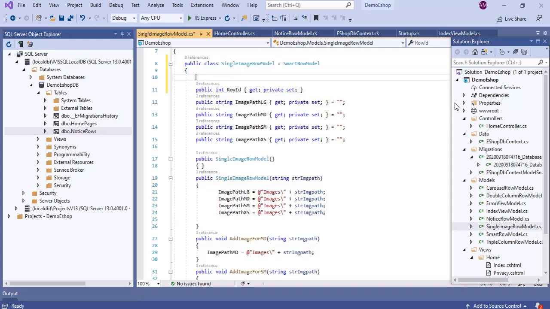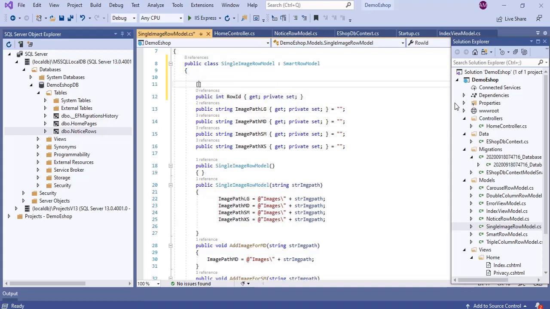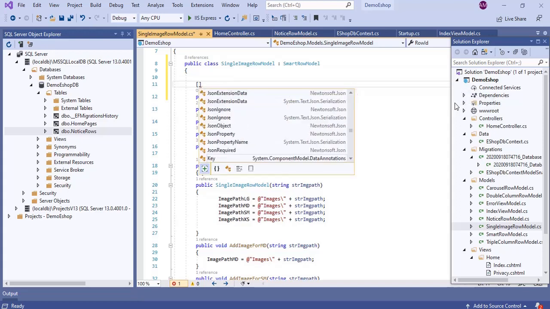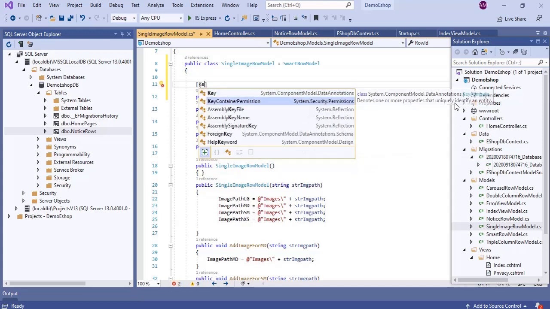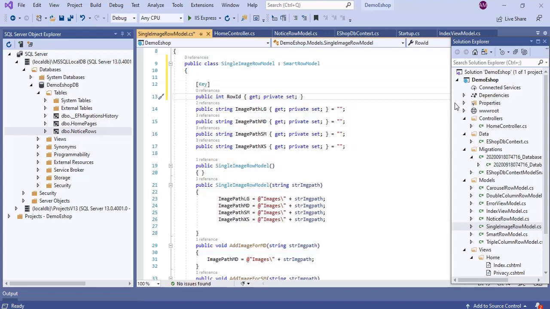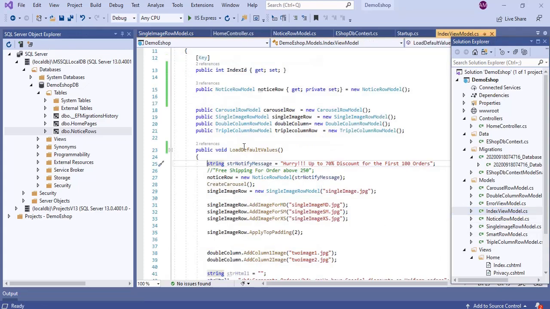Then we will add a Key attribute. Then that's it. We will go to the index view model to convert this into a property variable.